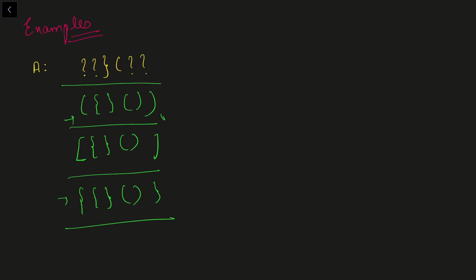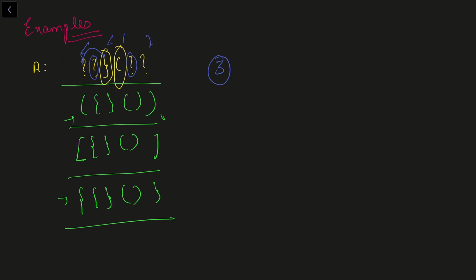Why? Because we need an opening bracket for this one and we need a closing bracket for this one. And we cannot have the opening and closing bracket for these guys here. Because if I have an opening bracket here for this one, then I'll have one element left in between. Similarly here I'll have one element left in between. And we cannot pair up that element, right? So that's why we can have just three kinds of strings here. So in this case our answer will be 3. So that's how we need to solve this problem.